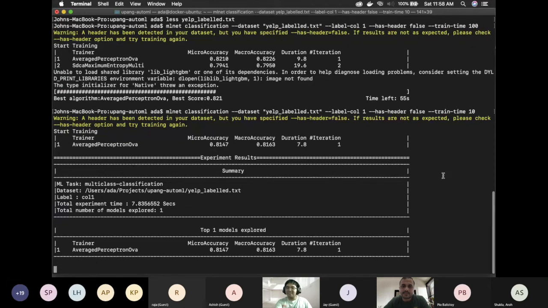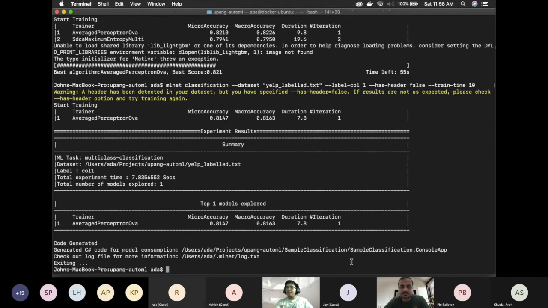And one of the best things here is that after you've trained the model, it will generate a sample project so that you know how to use that model in a project. But then again, it still doesn't beat the local deployment of Azure ML, but it's already packaged into an API and packaged into a container. Also, the cloud deployment is still better because you can deploy to Azure Kubernetes Service. So yeah, that's the last thing that we'll do. So it generated a sample classification.